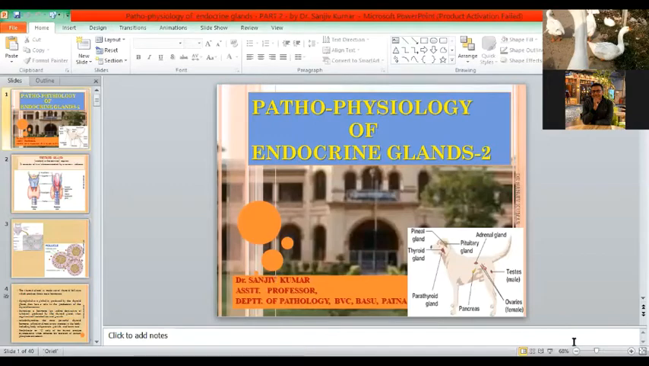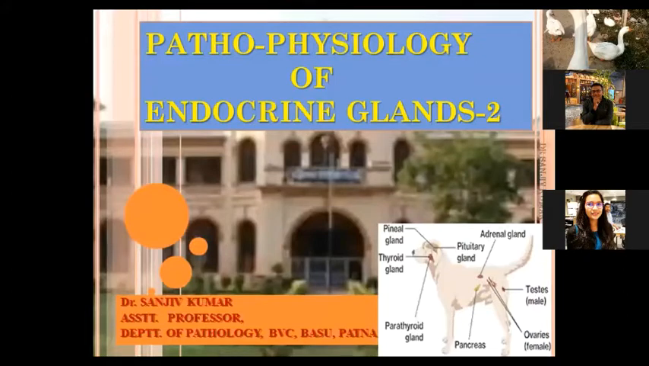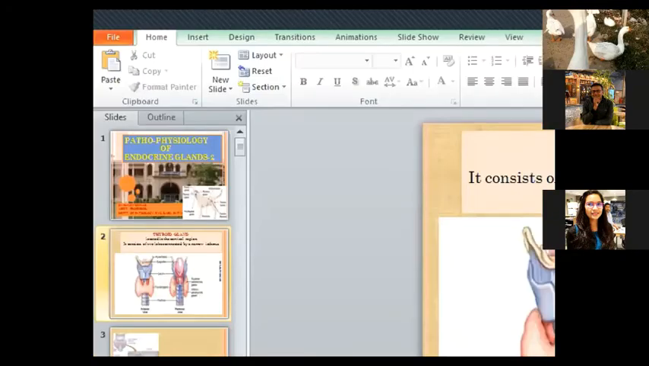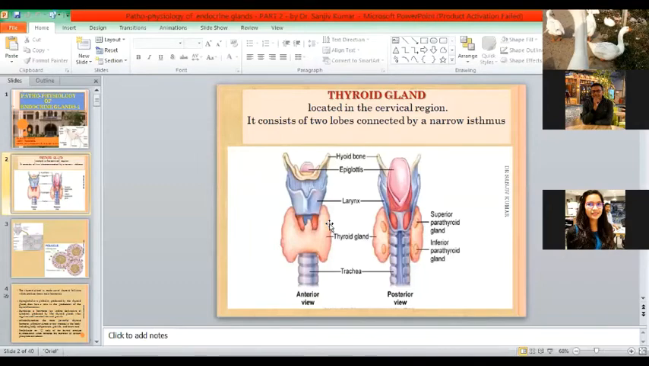So we will discuss the remaining part of the endocrine glands. So we have finished up to now the pituitary gland and pineal gland. Today we will discuss the thyroid gland. First of all, the thyroid gland, later on the remaining other glands. So regarding the thyroid gland,